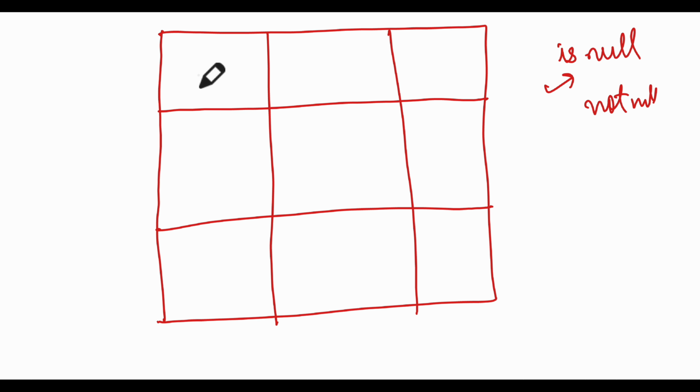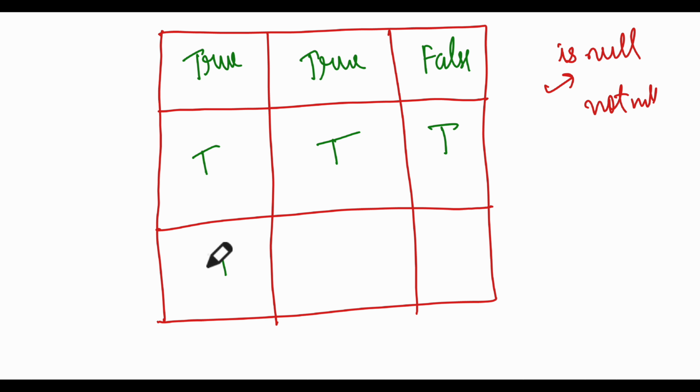It will check each cell. If that cell is null, it will mark it as true, and if it is not null, it will mark it as false. So technically isnull creates a boolean matrix: true, true, true, then true, false, true. This is row 1, this is row 2,